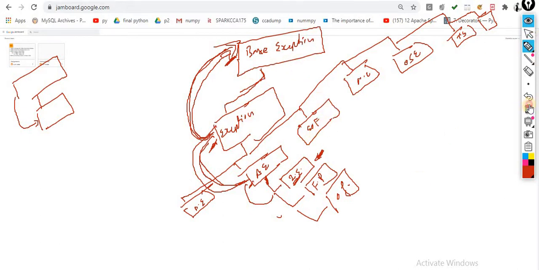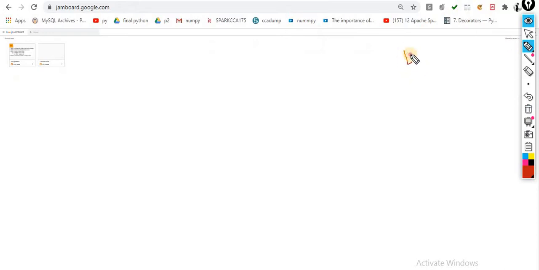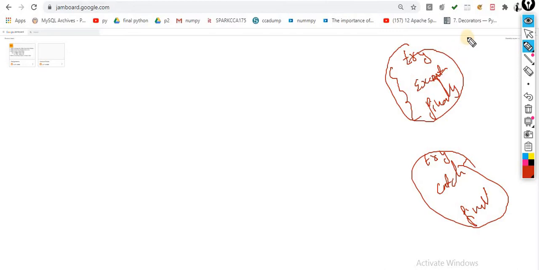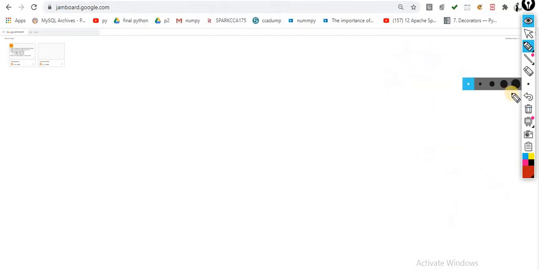I already told you, for handling these errors you are supposed to use three words: try, except, and then finally. These are the three important keywords available to handle exceptions. In the case of Java, the words are try, catch, and finally. So these three words relate to Java, and these three words relate to Python for exception handling. So now the question is how I am supposed to handle the exception.